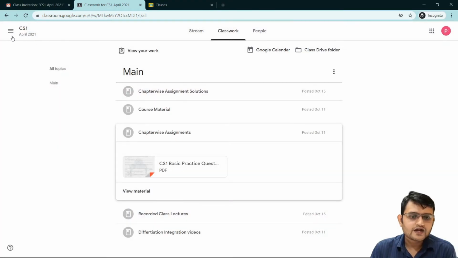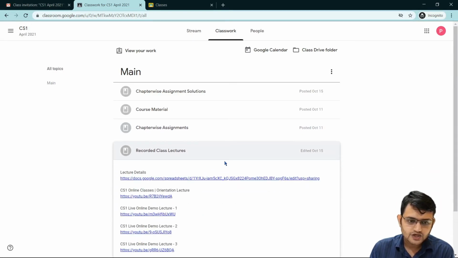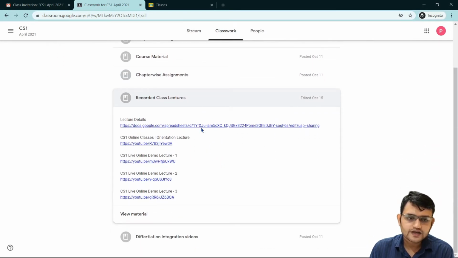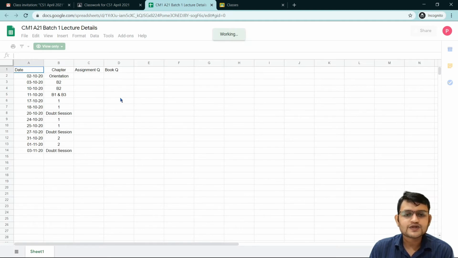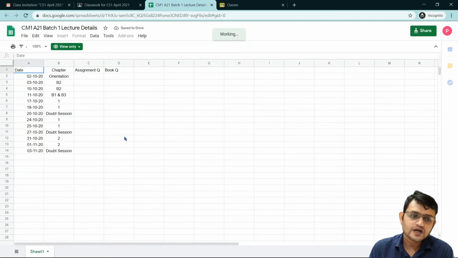Other than that, all the lectures will be recorded and posted here. We'll have all the recorded lectures, and with that we'll also have a lecture detail document. If you click on that document, it will detail all the lectures conducted on which dates, as well as which assignment questions were solved and our books on those particular dates.